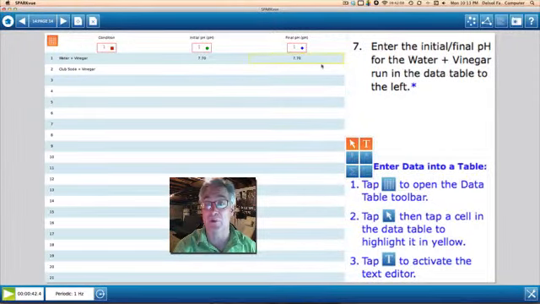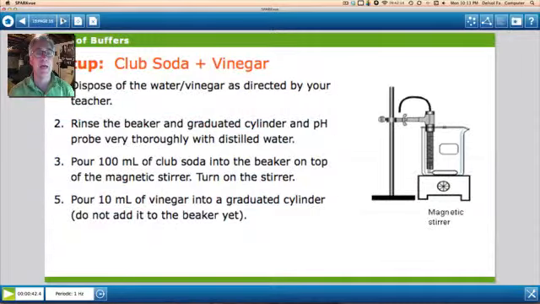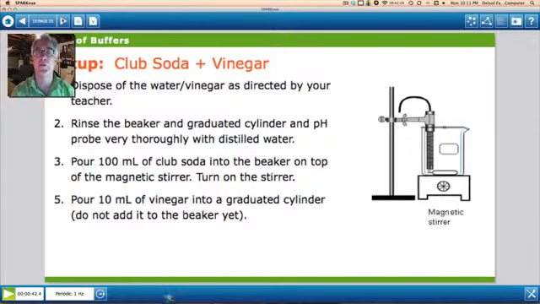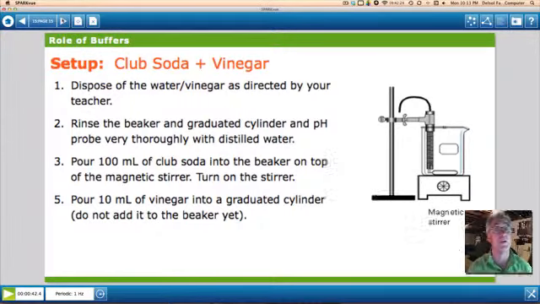It's pretty straightforward. Now on the next thing that you're going to do, you're going to click to the next one. And now it's club soda and vinegar. You're going to do the exact same thing that you did for water and vinegar, except using club soda and vinegar. And when you're finished with that,